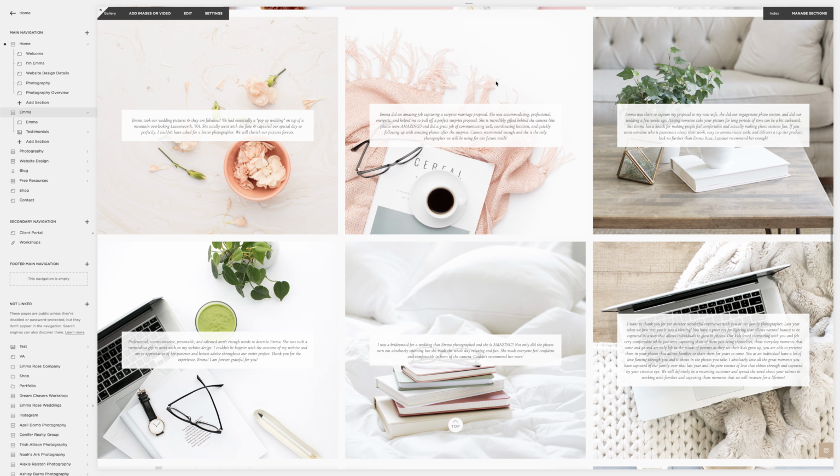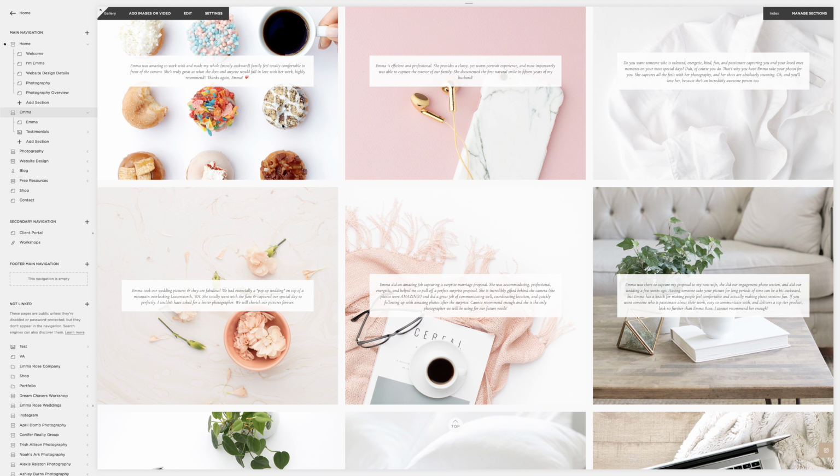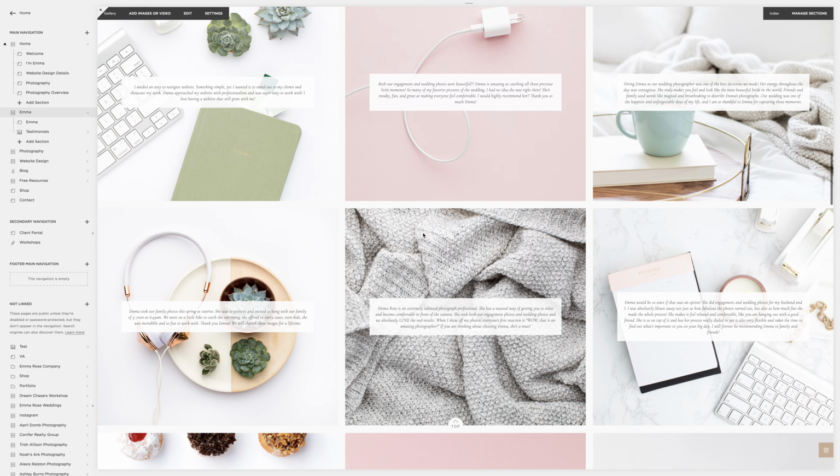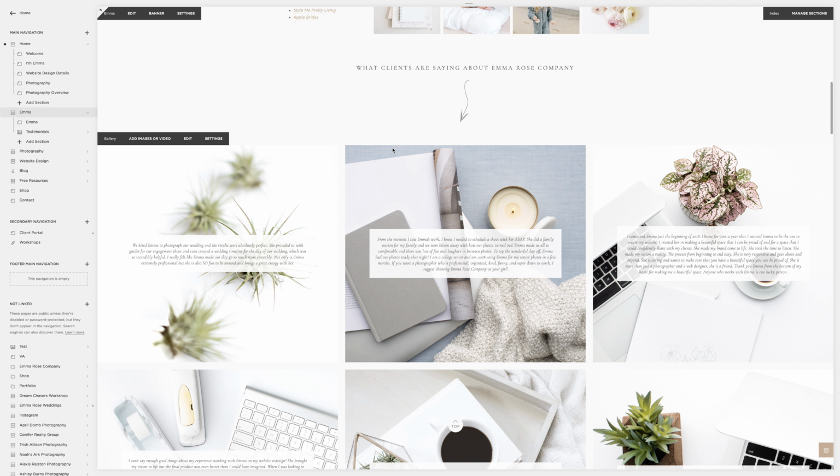And say you are a wedding photographer, this is a great opportunity. You could use pictures of your clients for that specific review. You can do a plain solid color background, white, whatever you fancy. This is completely customizable. And I have played with different options. I'm going to talk a little bit about that, but this is the one that I've finally come to that I feel for my brand and business really makes my awesome reviews that I've worked so hard to get stand